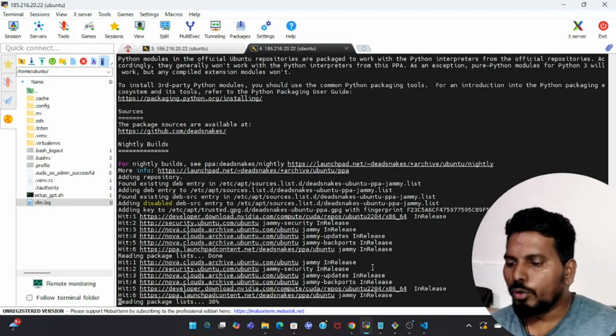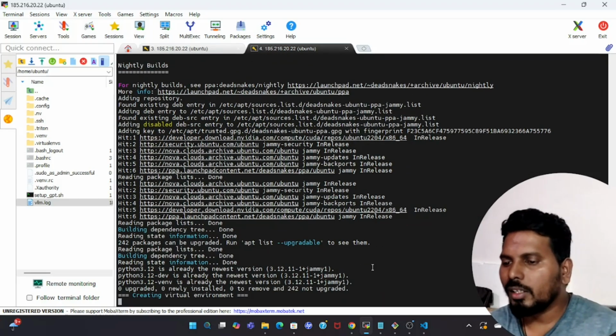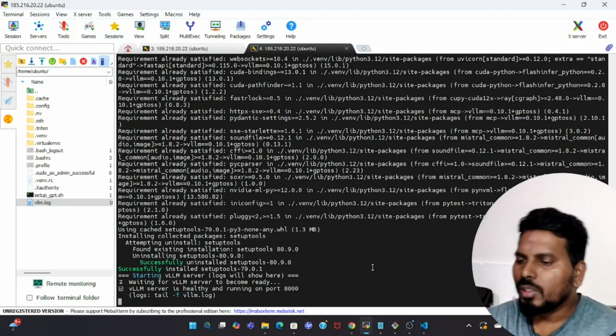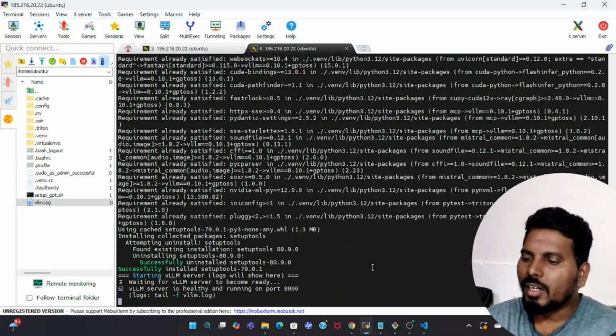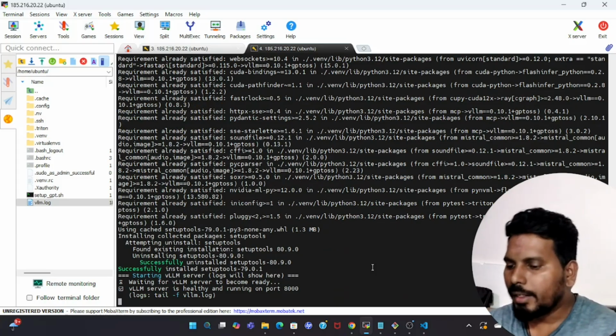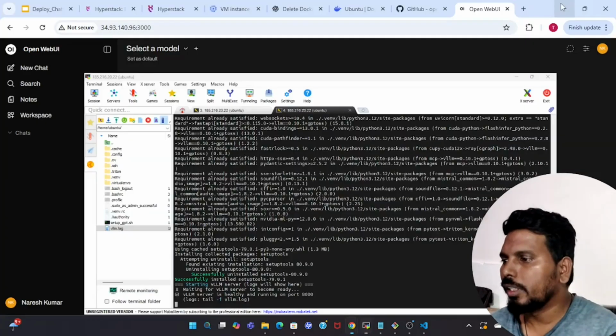So if you don't want to terminate the session like this, you can run it either in BYOBU or NoHup. There are several libraries which allow you to run the model in background also. So you can see that vLLM server is healthy and running on port 8000, right? Now go here,